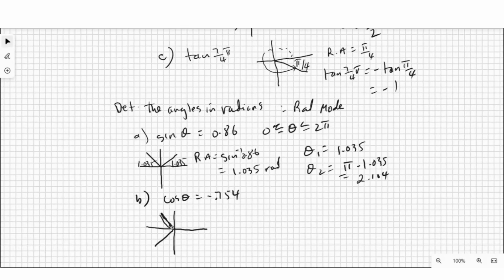Cosine is negative here and here. Therefore, I find my acute angle without the negative. Related acute angle is cos minus 1 of 0.754, which is